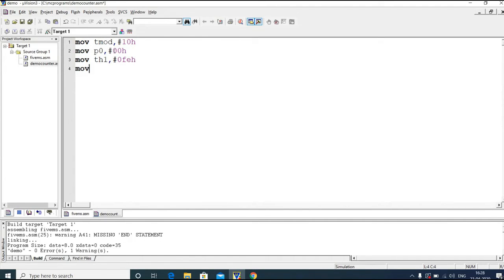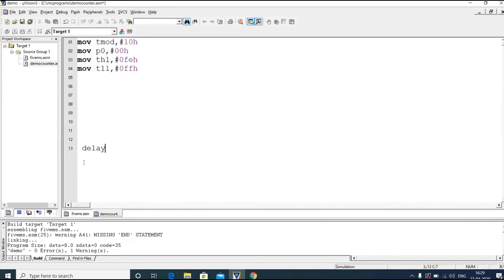Next TL register should be loaded with FFH. Okay, right? So now in this program we will write a separate subroutine to turn on the timer, or we can say we will write the subroutine to create a delay. Okay, right? So now first we'll write the delay program here.